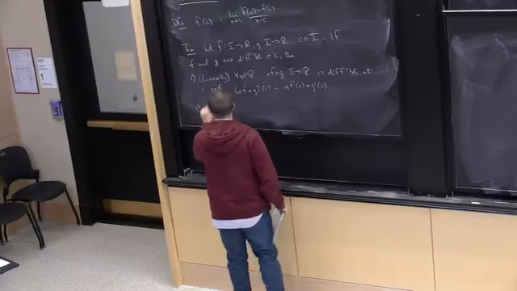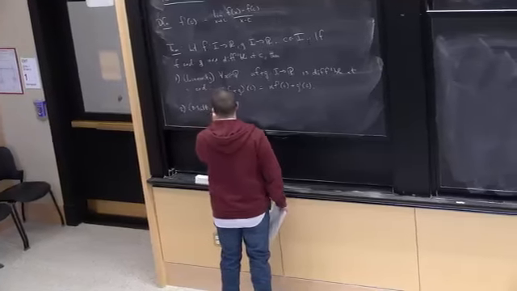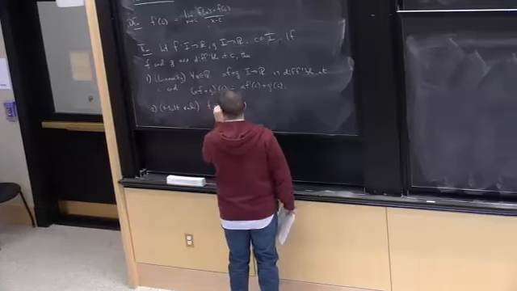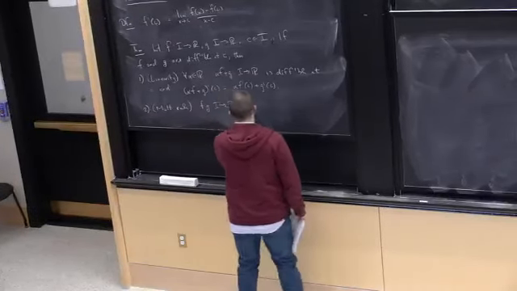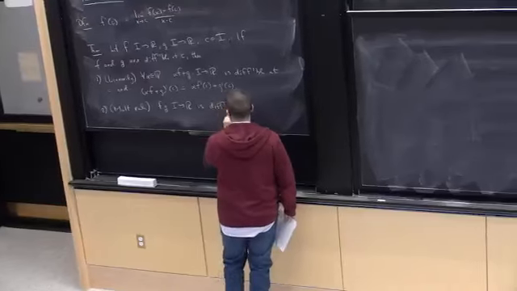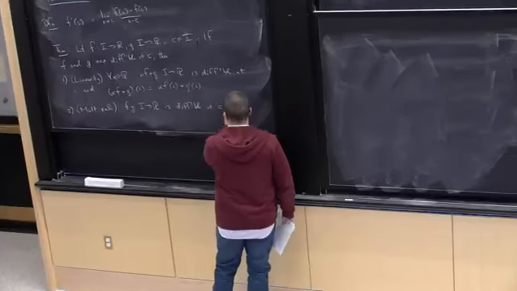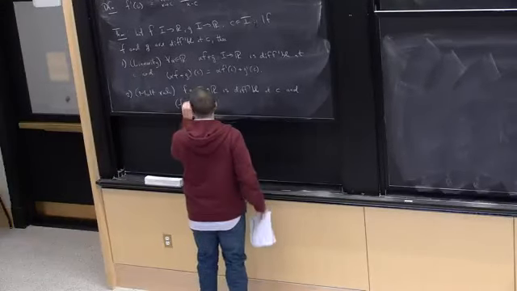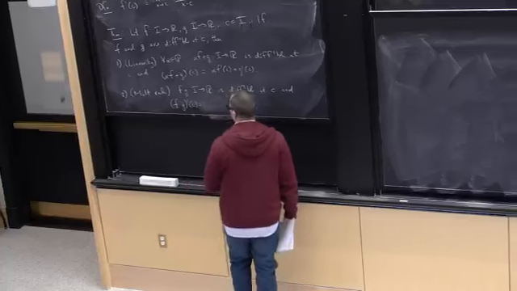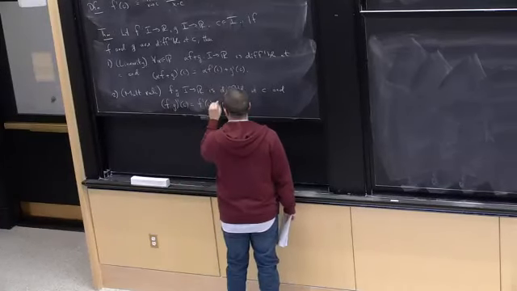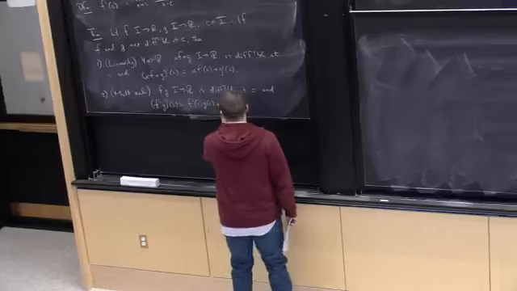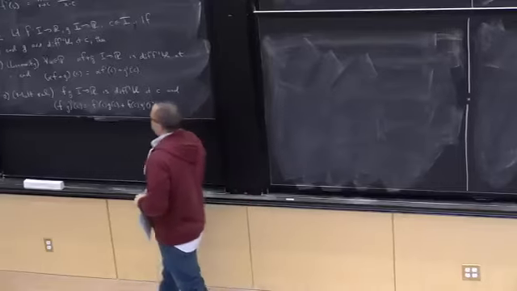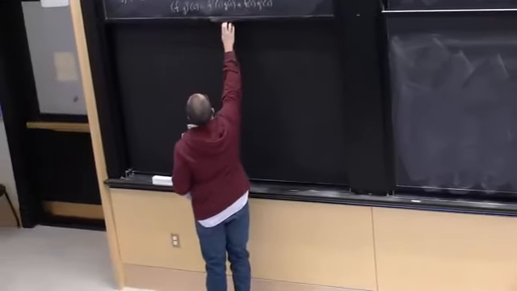The second is the multiplication rule, which is the function f times g is differentiable at c, and the derivative of the product is not the product of the derivatives, but f prime of c, g of c, plus f of c, g prime of c. So that's a multiplication rule, and then we also have the quotient rule.